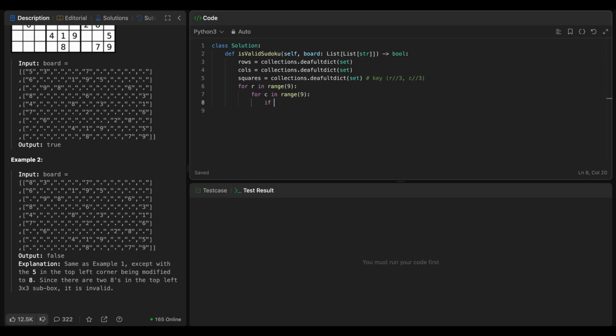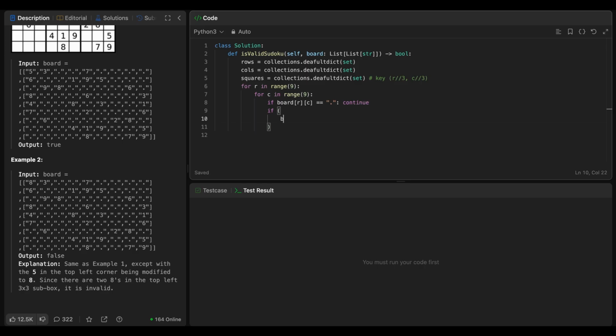So we need to check if board of row column is equal to dot, then we can just continue. This is where we are not going to do the check. But if that's not the case,